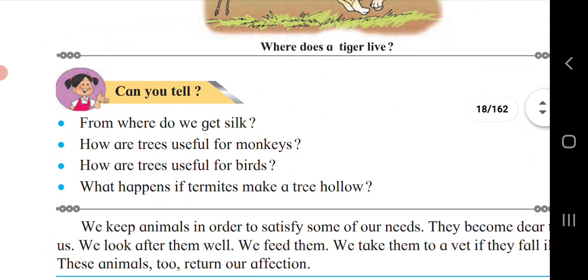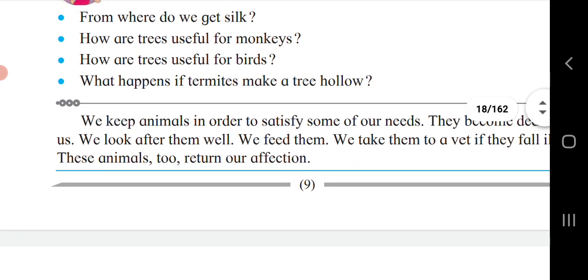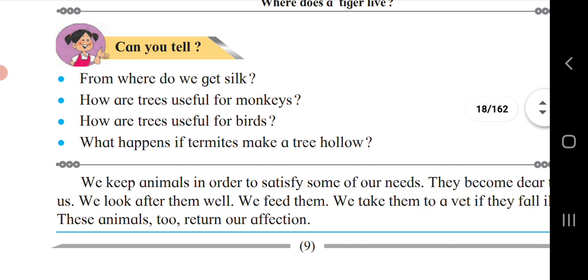Again we had seen animals as our friends. We keep some animals with us to satisfy our needs. We also use their services for some of our work. Milk, meat, eggs, etc. are obtained from animals. The excreta of domestic cattle is useful for making manures and fuel. That much content we had seen.